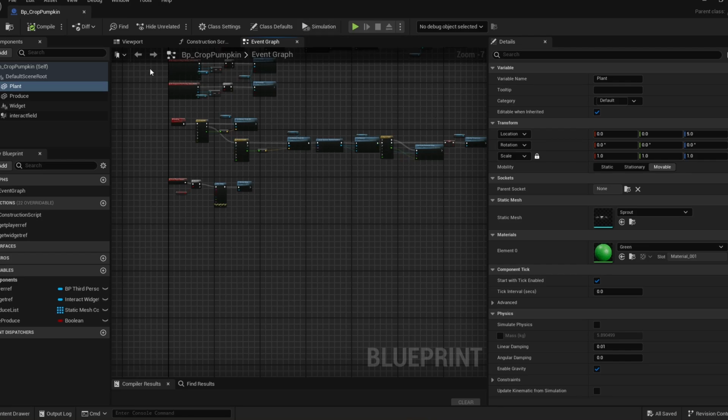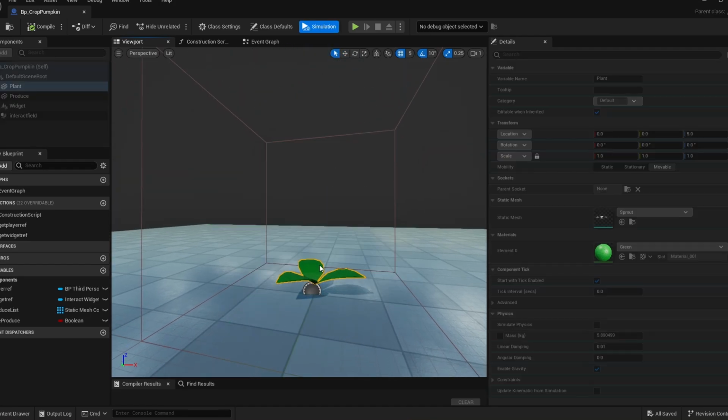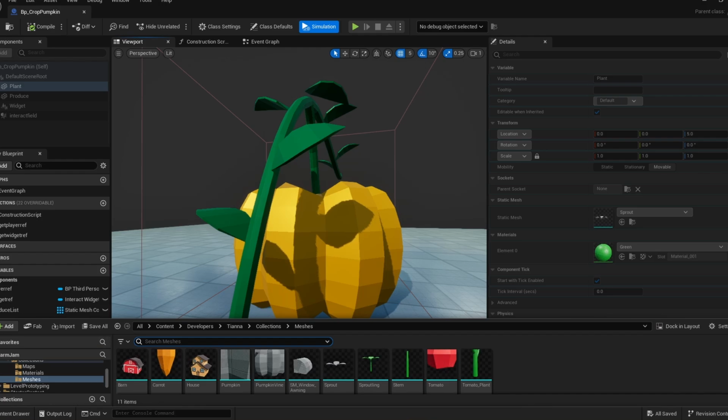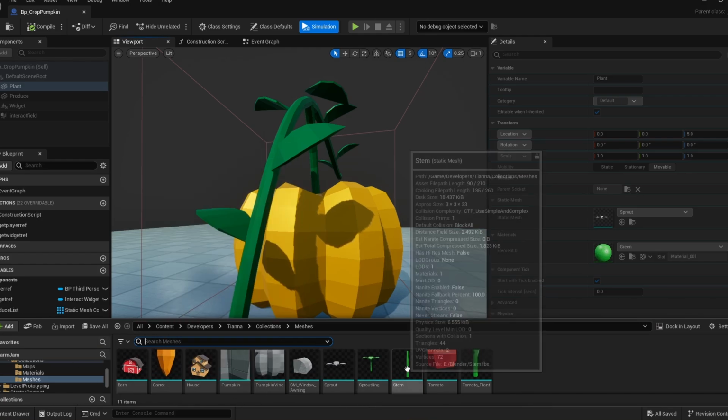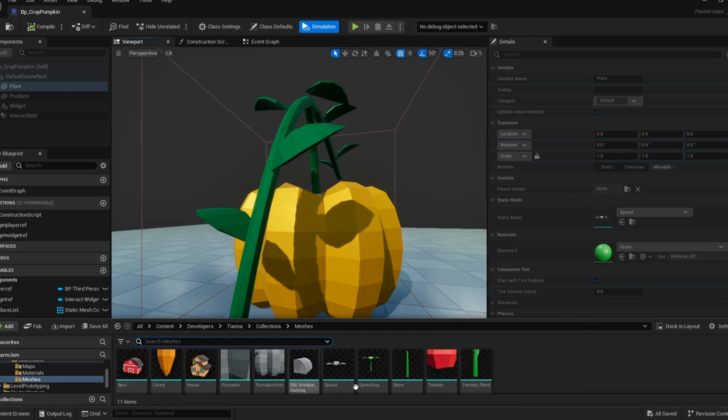And I can actually showcase it right here. Go into simulation, the plant, pumpkin, and then the pumpkin ripens. We're going to be recreating this effect for two other assets. We've got a carrot, and I believe we have tomatoes. So if we go down into Tianna's folder, I've got the carrot, I have tomato plant, and tomato produce right here. We're going to turn all of these into